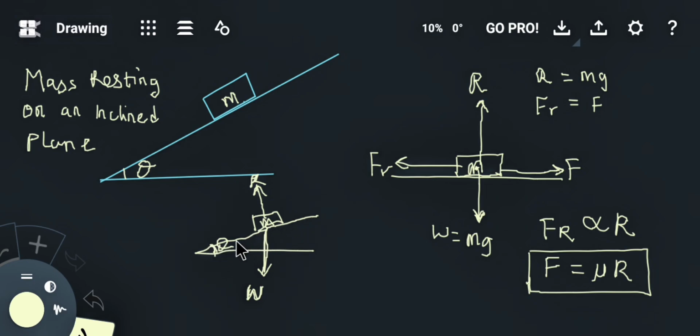This angle at which the inclined plane is bent is going to affect how wide the gap of this reaction force is going to be. Now, look at it this way. Where is the weight supposed to be? It was supposed to be here, vertically opposite to the reaction force. So this is where the weight is supposed to be, assuming that this material is lying flat on the floor,